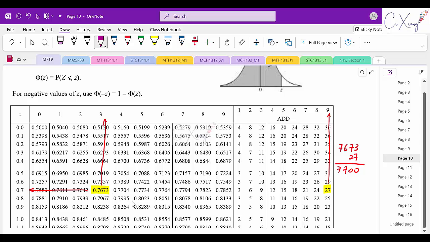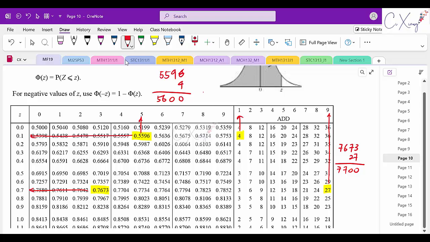Now we are looking for 0.56. So what is the value for 0.56? Looking for the probability 0.56. I think the closest one is 0.5596. Then you need to add the 4 so that you can get 5600, then you can get the 0.56. So for 5596, I have to add a 4. Is there any 4 at the back? Yes. Then if you read out the value of Z, you will get